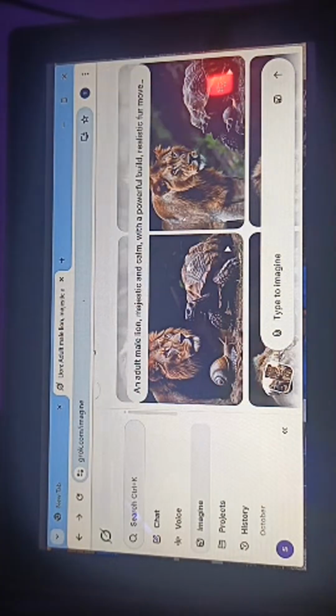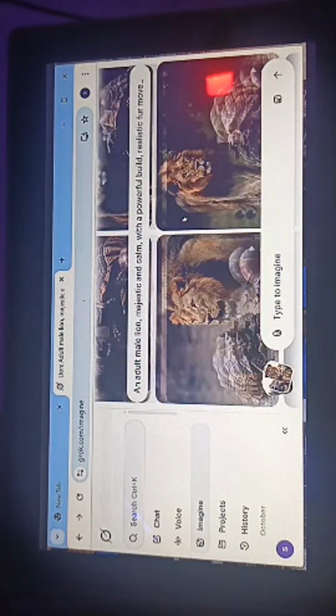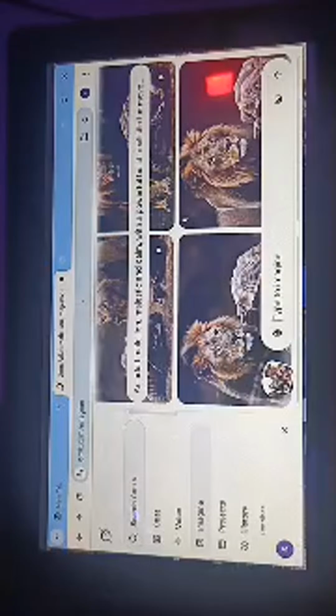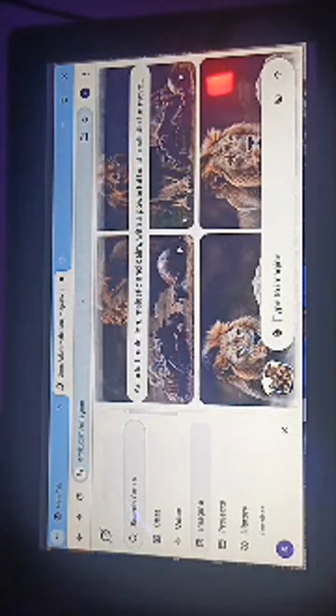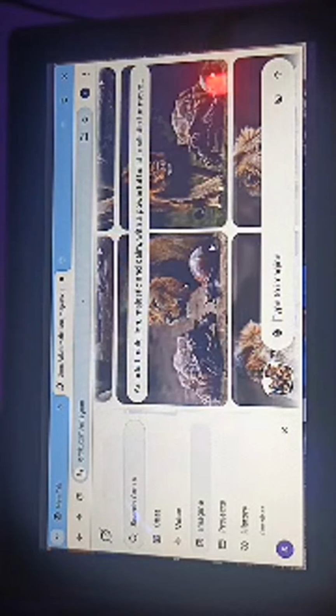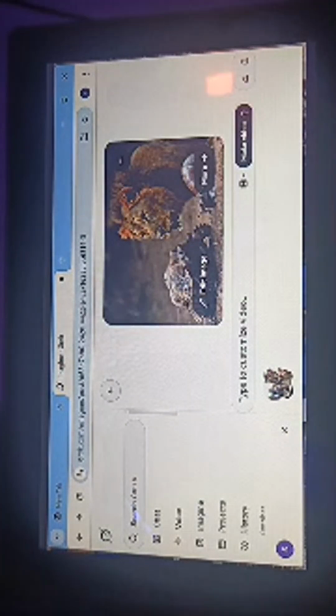As you can see, this is a different type of image it generated for us. So we can decide which one we like. I want us to go with this one here, or this one. You can choose any one. Let's just go with this one. Now, after choosing this one, the next thing we are going to do is go